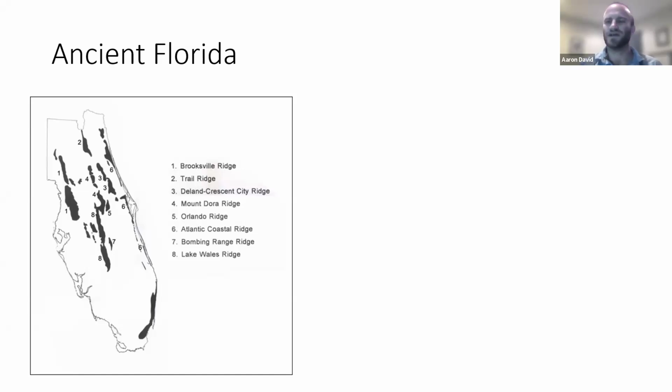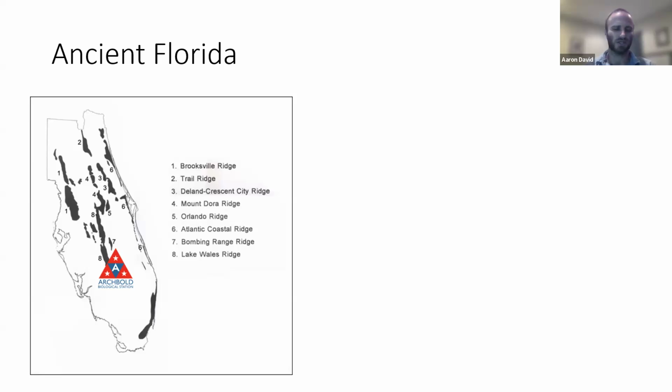I'd like to start talks by showing this image of what ancient Florida looked like when sea level was a lot higher. Florida was just a series of barrier islands, which are now ridges. As sea levels would drop, Florida would expand beyond what it is now and the species would move around. Sea level would go back up, and only the ones on the ridges would survive. So we have a series of these ridges, and almost the most southern, at least in central Florida, is the Lake Wales Ridge. At the southern tip of the Lake Wales Ridge is where we're located.